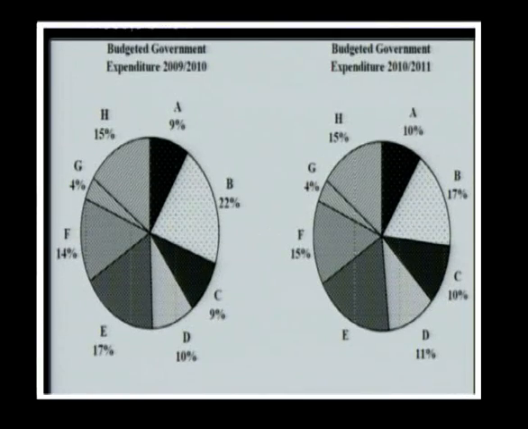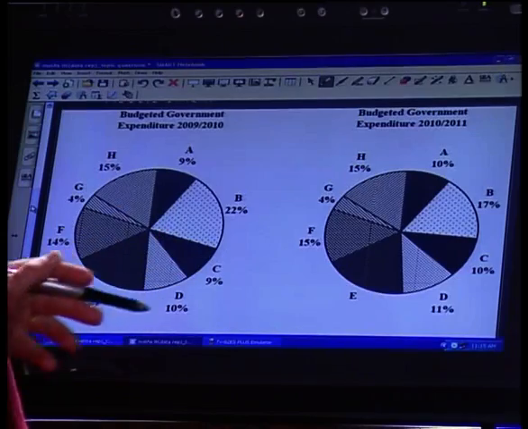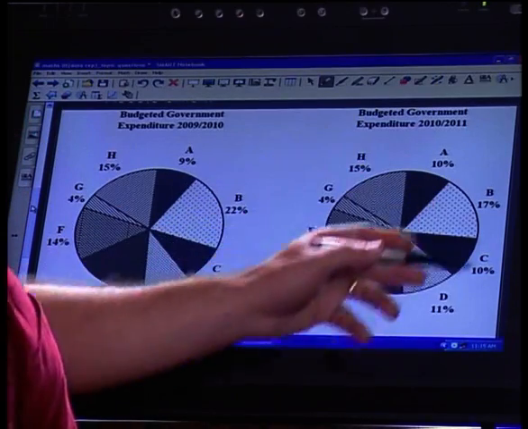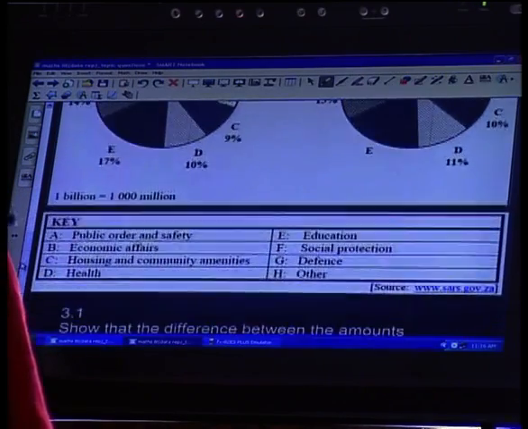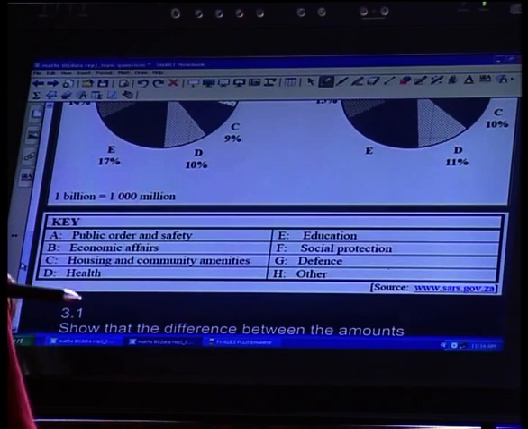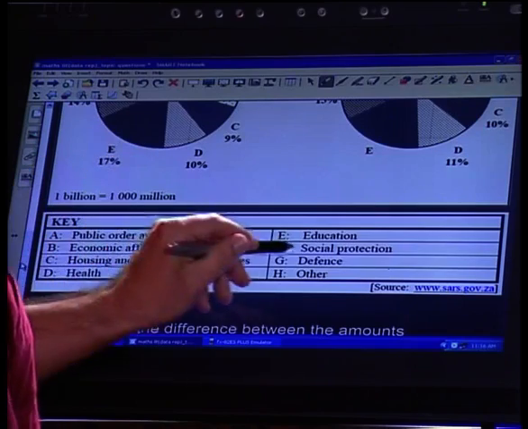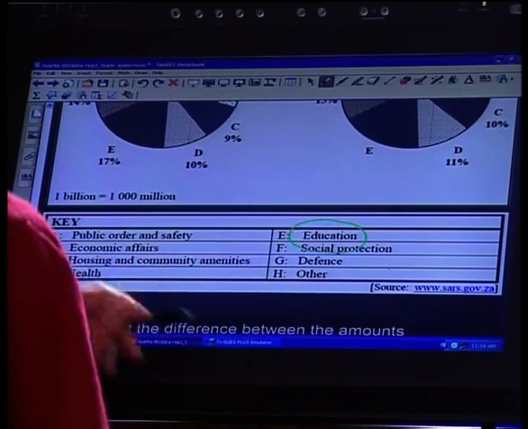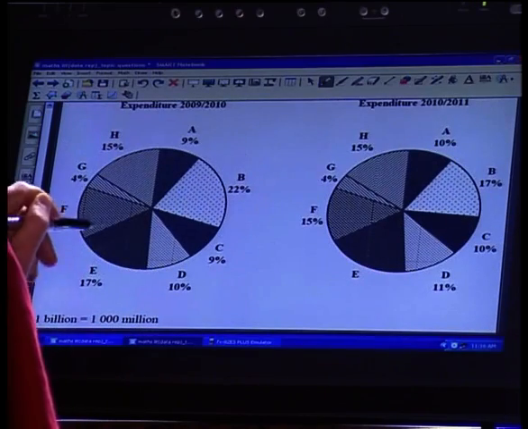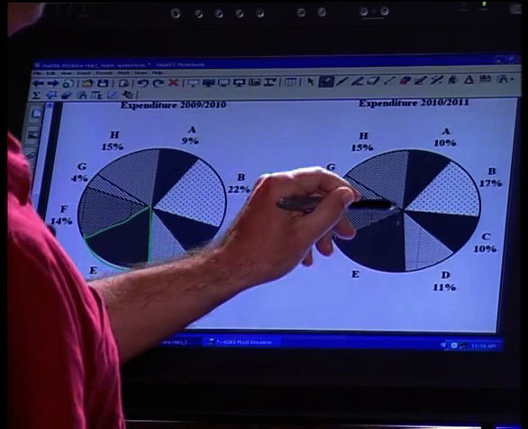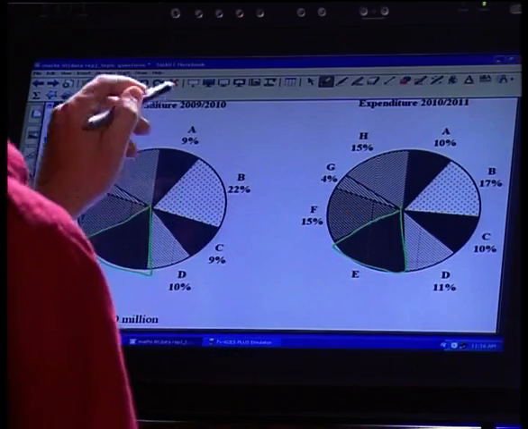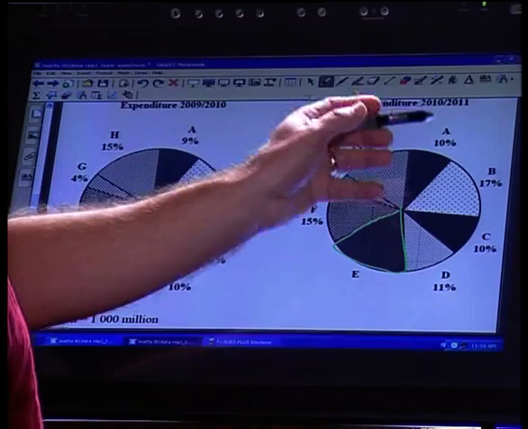And here we have 2 very nice pie charts which give us all the different information for the expenditure for government. You can see they've labeled different categories, A to H. There we have the same categories, A to H, and various percentages are listed. Below is a key which tells us what each category is, and of course the one we are interested in is education. So we're going to be looking at the E category in each of the pies. So that's this pie part over there as well as this one over here. That's 2009-2010, and this one over here is